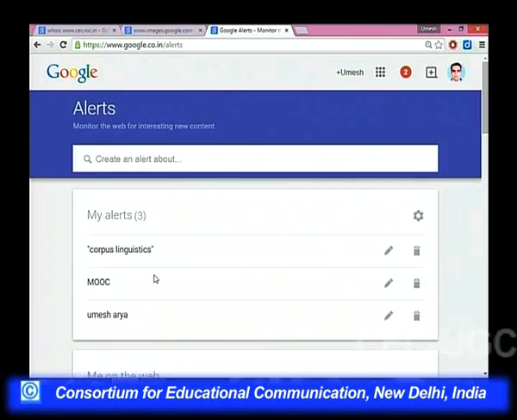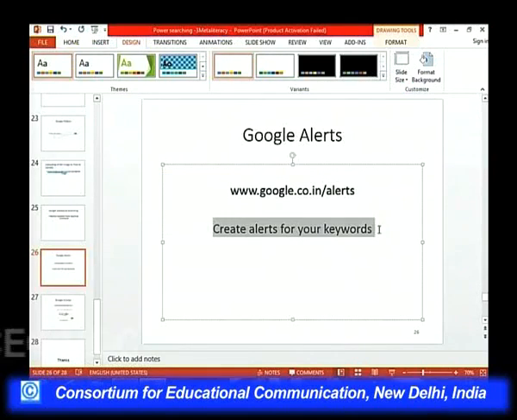Now, what is an alert? It simply means that in the traditional system, when we want to search for information or be updated with the latest information, the whole burden lies on us to search for that.